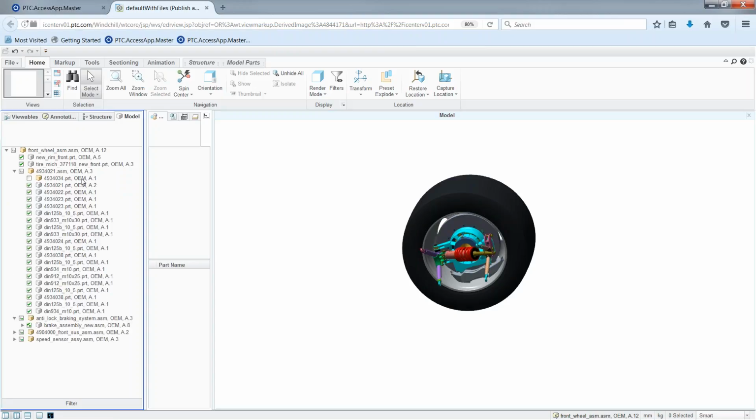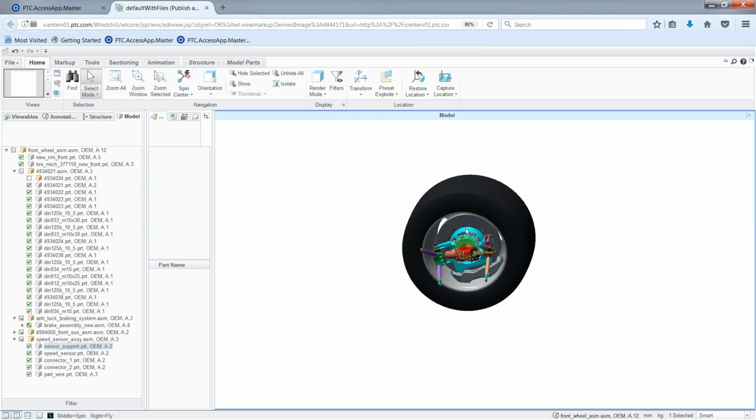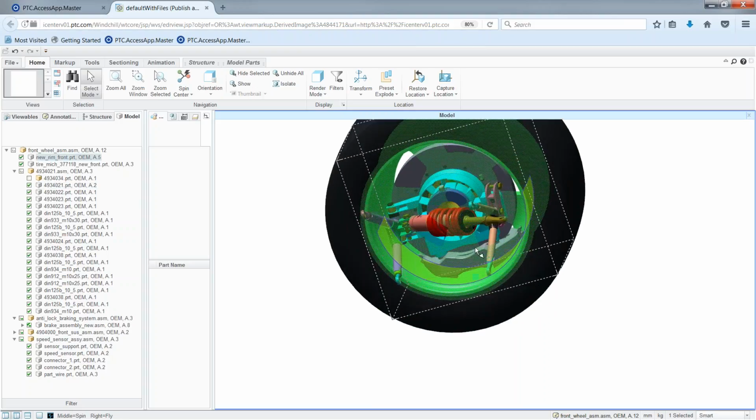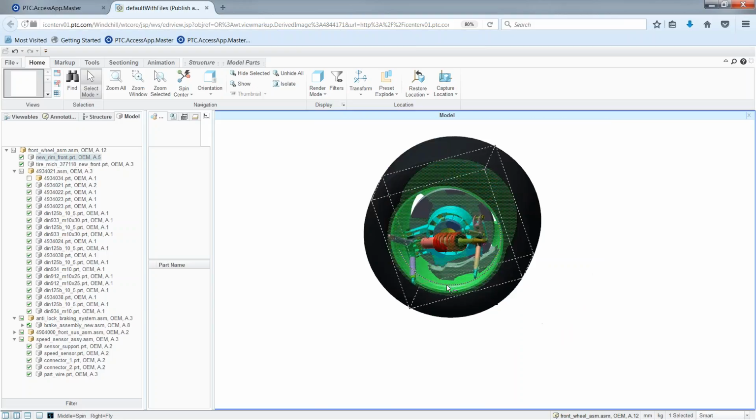But now, instead of looking at these complex different numbers and names that you might not really know about, you can go in and click through and it'll jump right to the bill of materials on the left. So maybe you know what this individual part looks like, but you don't know what it's called, so you could come in and navigate around, make sure you get the right part,